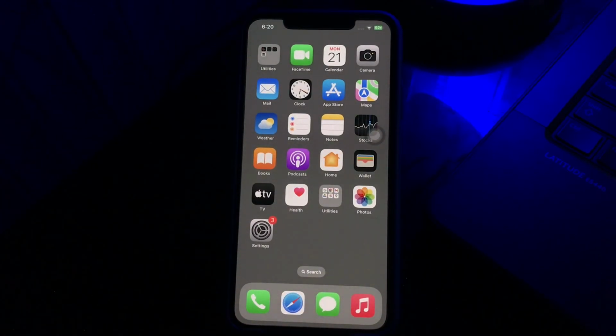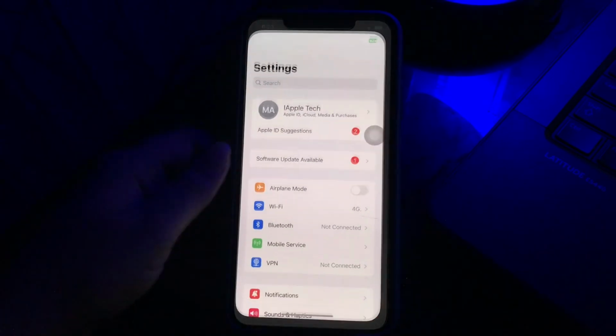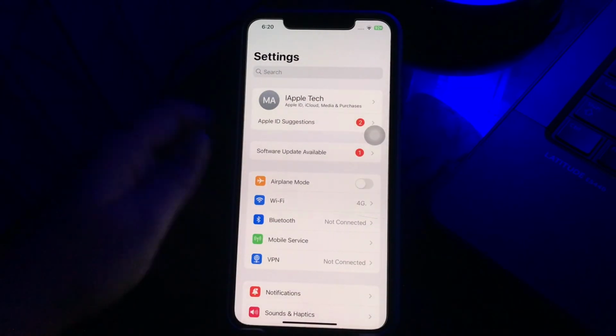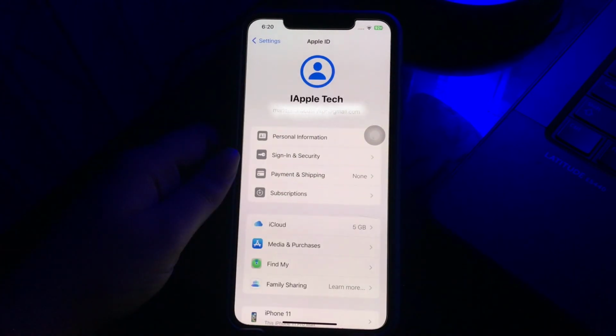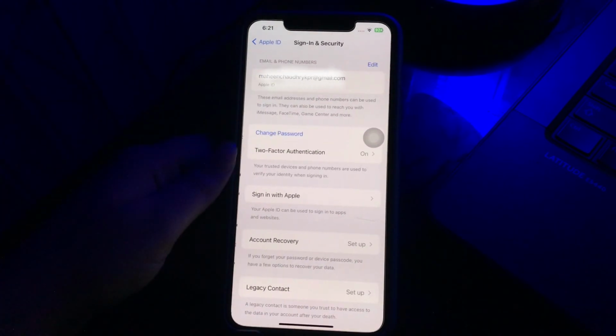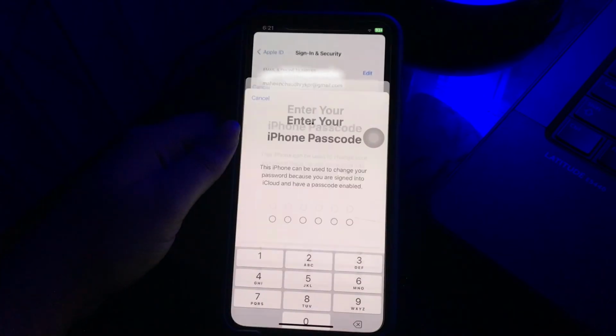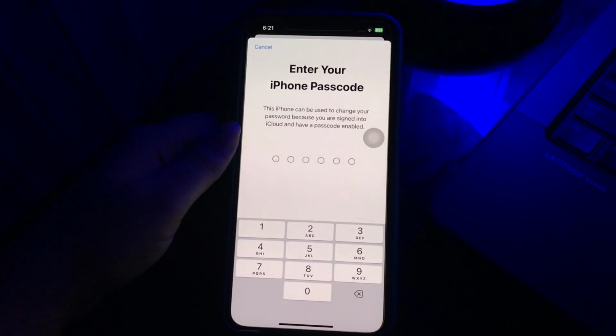And the next step is change the Apple ID password. For this, you need to launch the settings app. After the settings page opens, select the profile name at the top. After the Apple ID page opens, tap on the password and security option. Click on the change password option and follow the on-screen instructions to update the Apple ID password. After you have successfully changed the password, try again and see whether you are still receiving the error message or not and you are done.